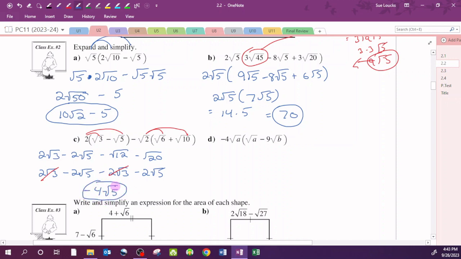And there's my answer. And I can check that on my calculator, and that would be worth, on a test, that would totally be worth doing, because silly mistakes can happen. All right,